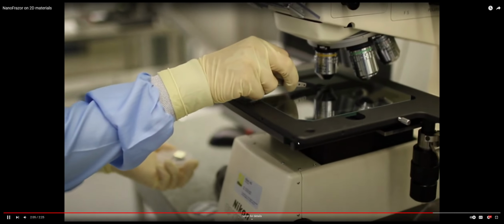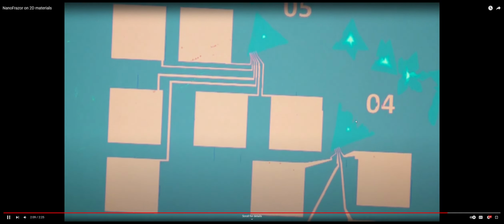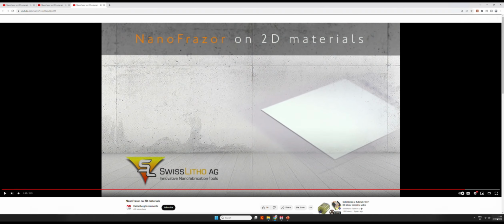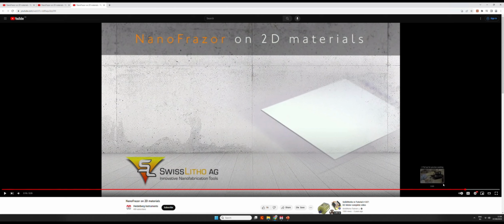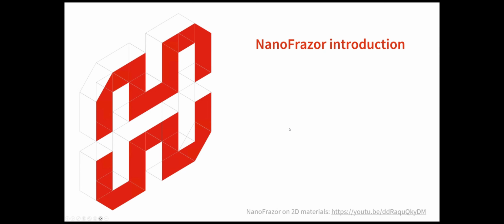Then, after we're done, we inspect the final results on the optical microscope, and we see all the structures that we patterned with TSPL, and the final result is quite satisfying. So this is a very standard use case of the Nanofraser. Now let's see in a little more detail what we are talking about when we talk about the Nanofraser technology.